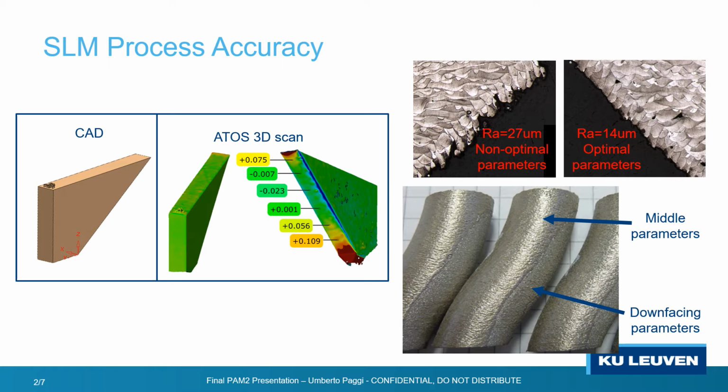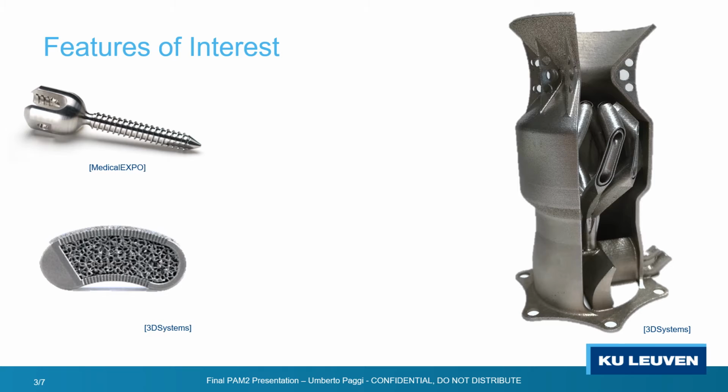To solve these issues, samples are typically post-processed to achieve the geometrical tolerance and surface finish required. But this can be difficult and, most importantly, expensive. So my aim is to improve the existing scan strategy for a minimal need of secondary processes. Specifically, in my work, I will address two of the most common problematic features in the industrial reality: down-facing surfaces